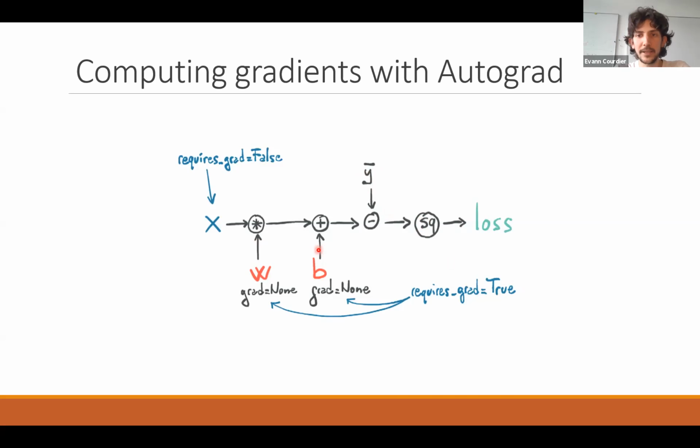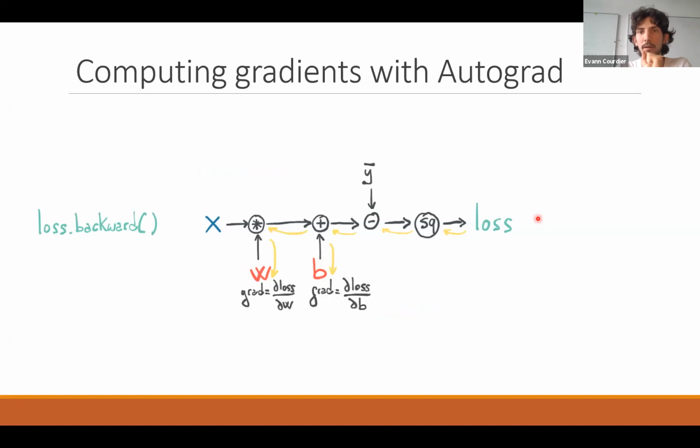What you can note here is that X doesn't require grad, because we don't need the gradient of the loss with respect to X, because we don't want to update X. However, we want to update the weights. We want to update W and B, and therefore we will set their requires_grad to true. Initially, their gradients are set to None, and then what we want is the gradient of the loss with respect to each parameter, and so we will call the backward function to get that. So we call loss.backward, and what we get